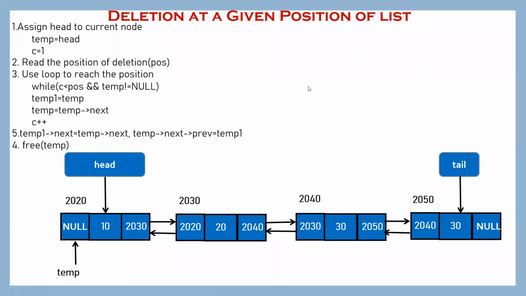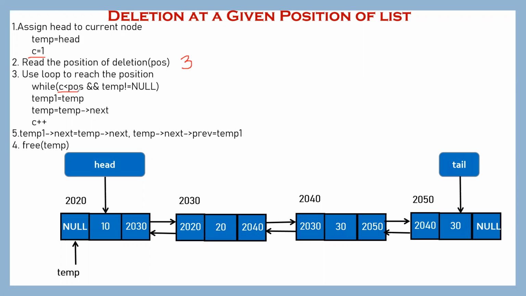Now, let us see delete at a given position in a double linked list. Now let us see the explanatory part of this deletion at a given position in a double linked list. First, what we need to do, we need to assign head to the temp node, and you need to take the counter because at a particular position you need to delete. So we are taking the counter as 1, and here again we are assigning the position of deletion as 3,